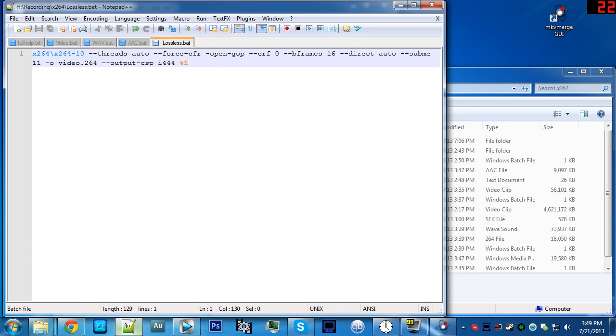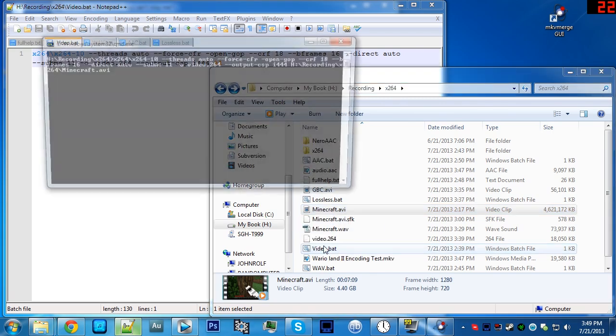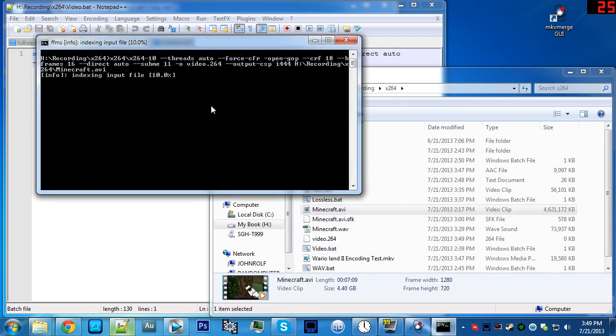But these settings are ones you want to keep, and of course lossless we have to with a CRF of 0. The Minecraft one, if it's lossless, it's going to be huge. So I'm just going to drag the thing right into video.bat, and it's going to index the file, which does whatever it does. I'm not exactly sure. I don't know if you can output this index beforehand. There's an index that you can put into MKV merge, but